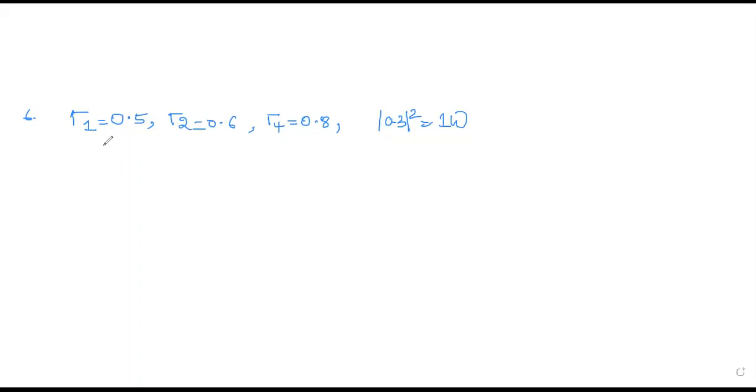Okay, so given parameters, you have reflection coefficients given. Then you have the input power which is given. Now, since it is with respect to magic tee, you have to write the S parameters of magic tee. What is the S matrix of magic tee? The one which you have derived. What are the different S parameters?